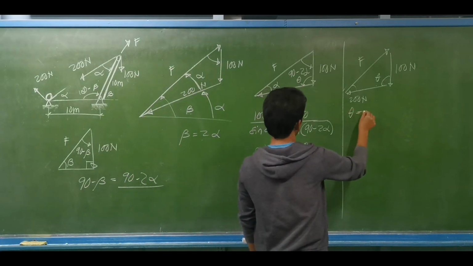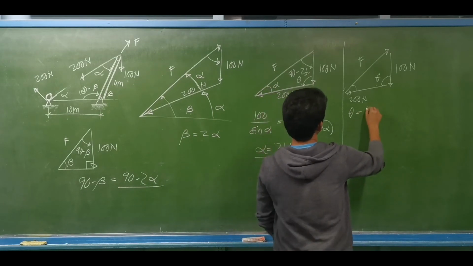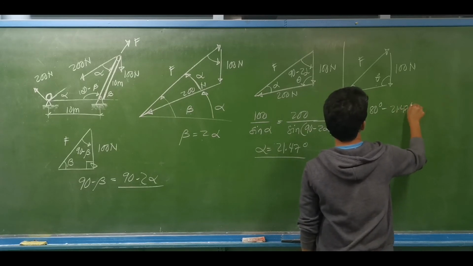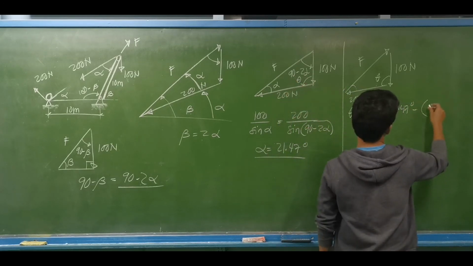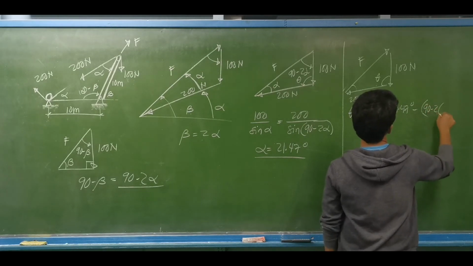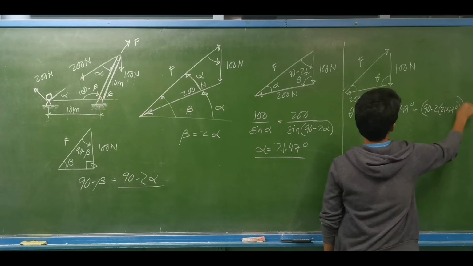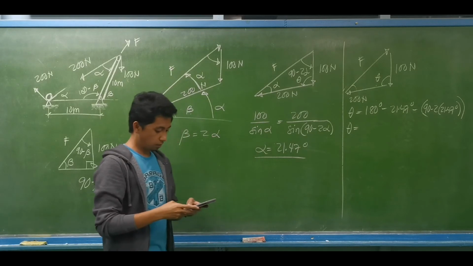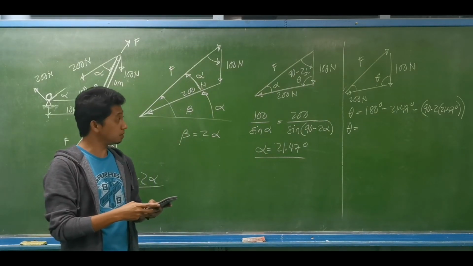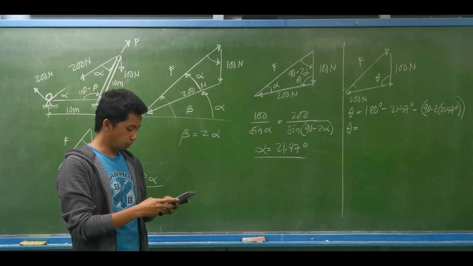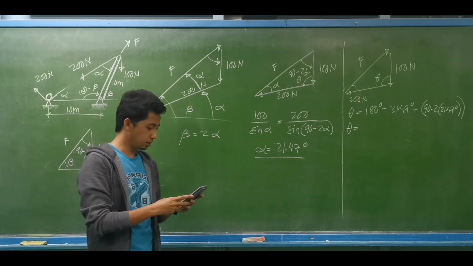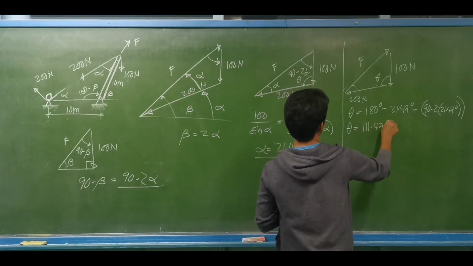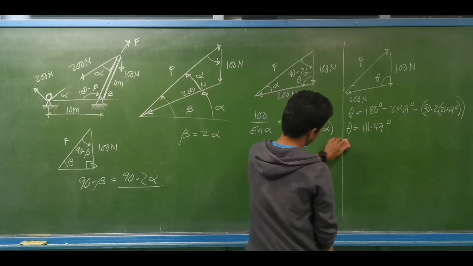So the value of theta is the same as 180 degrees minus alpha, which is 21.47 degrees, minus the 90 minus twice of alpha. So 90 minus twice of 21.47 degrees. So theta equals 180 minus 21.47 minus the 90 minus twice of 21.47. So we have that angle as 111.47 degrees. So by cosine law,